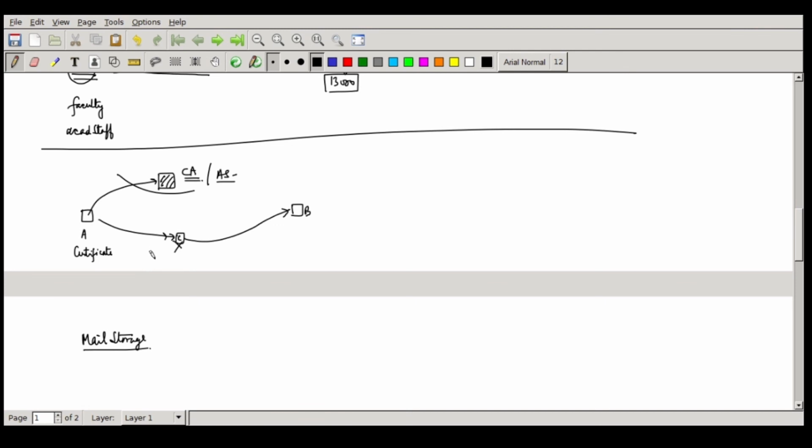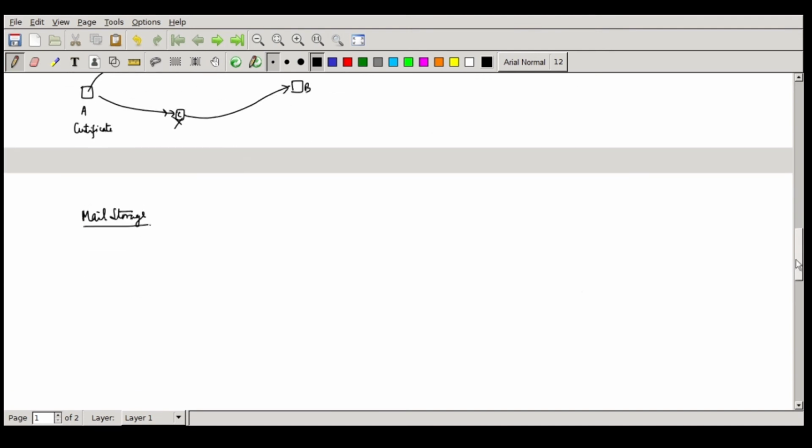So for this, we thought carefully in the Brihaspati 4 design. We have created a separate DST layer for mail storage. We call it the mail storage DST layer. Some nodes will participate and they will have some storage.